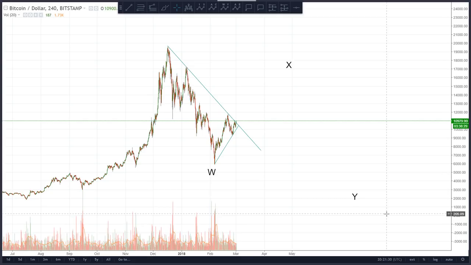It illustrates a comparison between 2014 and 2018 so far. Everything that's happened with this wave down, this retracement, and then this further wave up and further wave down, is exactly what happened in 2014. It bounced from here on high volume, reached a point around here, and then crashed even further. So it's a bit of a bull trap beyond this line. That's what I'm expecting. Anyway, let's break this down.